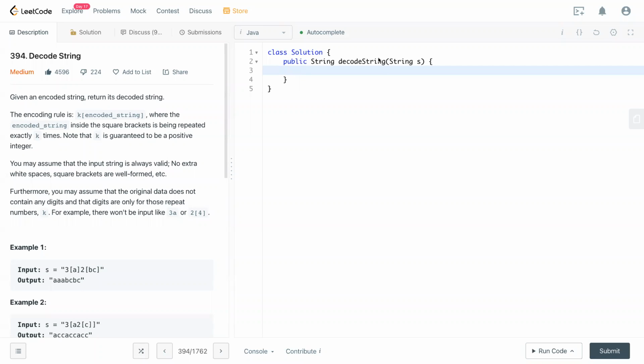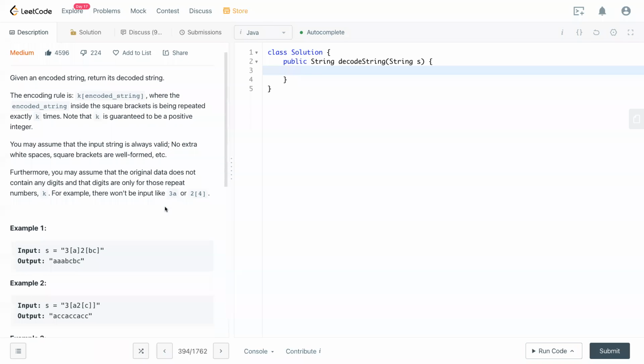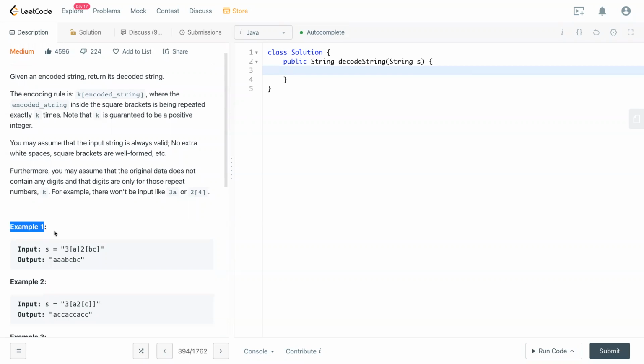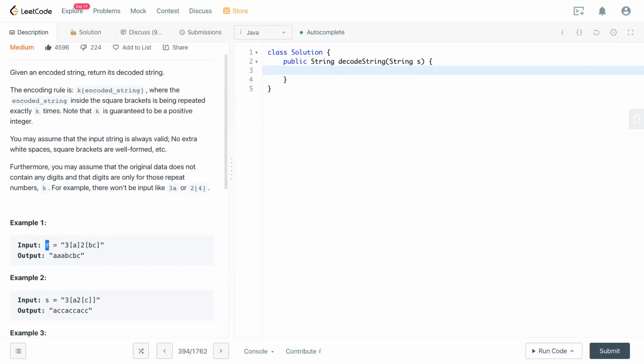Today we have Leetcode 394, decode string. This question is quite long, so you can look at the description. And for the basic idea, you can take a look at this example right here. It's really intuitive. So now we have an input string that looks like this, and everything in the